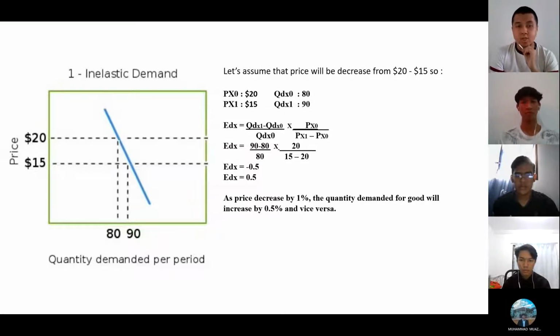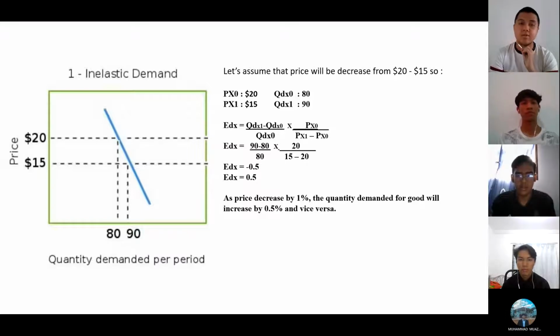Using the formula of price elasticity of demand, we calculate it. For quantity, we take the new quantity, 19, minus the old quantity, 80, divided by the old quantity demanded, 80, times the old price, $20, divided by the new price, $15, minus the old price, $20,